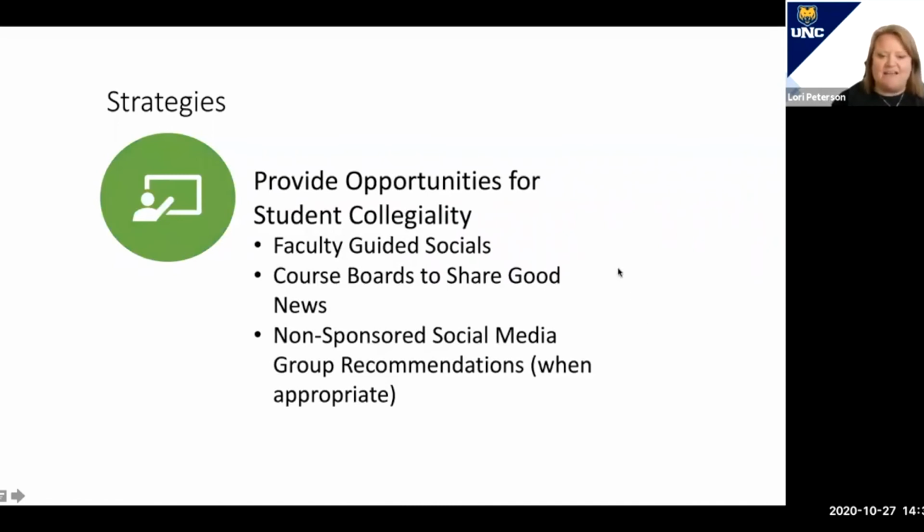Last one of my strategies, Corey did mention this, the students need to connect with each other. And there are ways that we can do that as a faculty. And then there are ways that we can encourage them outside of the work that we do, things that we wouldn't sponsor. Our undergrad students, when they get further in their program, they're in cohorts, and they often will have a cohort Facebook page or some type of messaging system. And we encourage that so that they can collaborate with each other and stay connected.